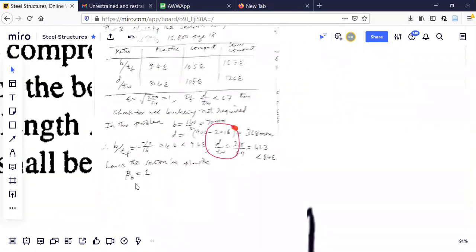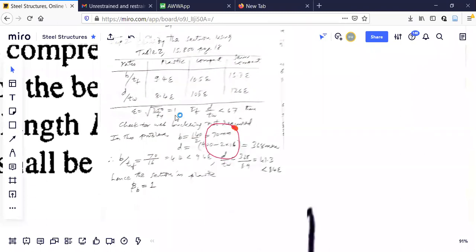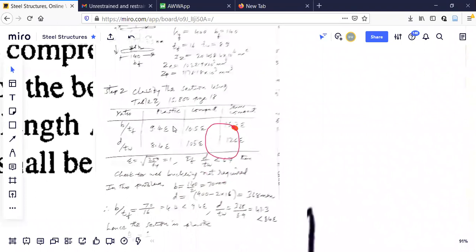So to finalize beta, this Table 2 is required for us. And it falls in this range. If one value is this 9.4 epsilon, and one more is 105.8, you have to assume either compact or plastic and solve it. If it is semi-compact, beta has to be calculated by Zp by Ze. The calculation becomes very lengthy. So the examiner will not set a problem in which the section will be semi-compact. The reason is the Zp Ze calculation may be lengthy, or it may be available in the table of Zp values also. There also you can select and get it. So next, I'll go to the next page.